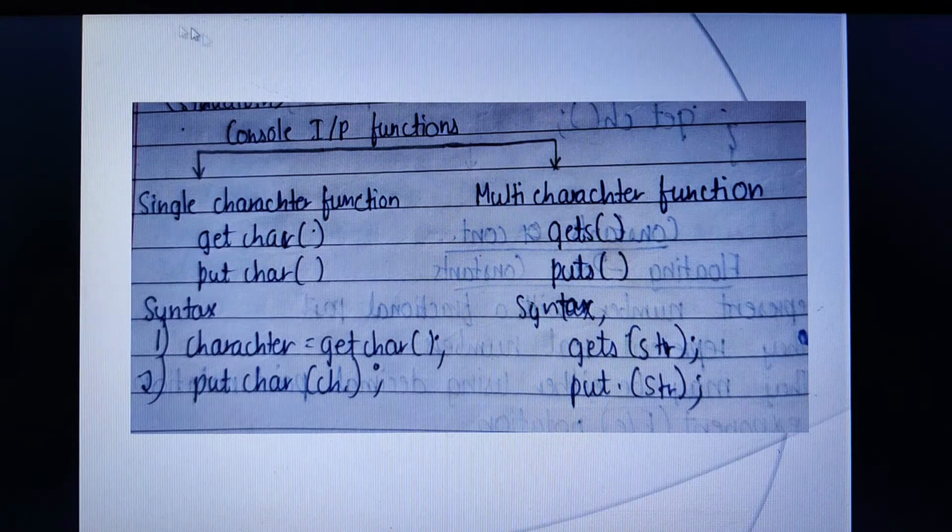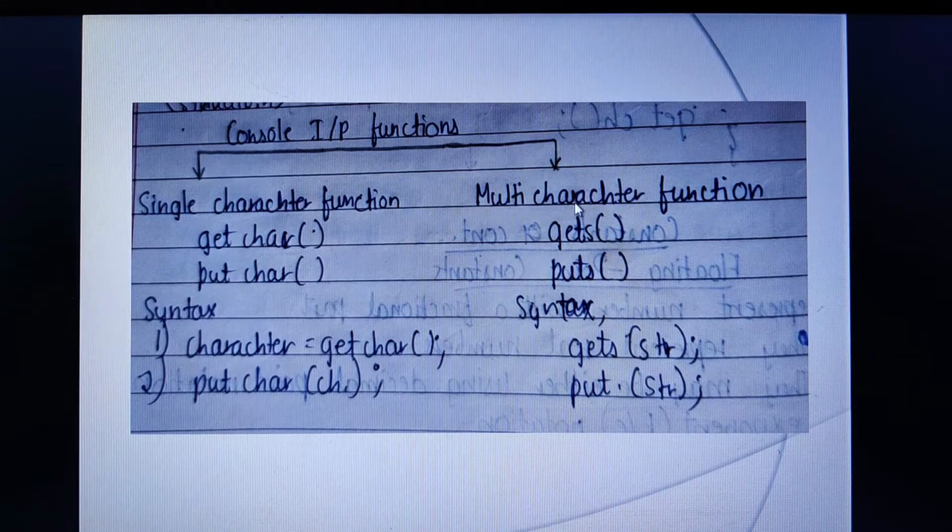So console input functions were mainly divided into two types: the single character functions and the multiple character functions. Single character means, suppose I have to read any single character from the keyboard and display only that single character onto the output screen, then I can go for the functions getchar and putchar.